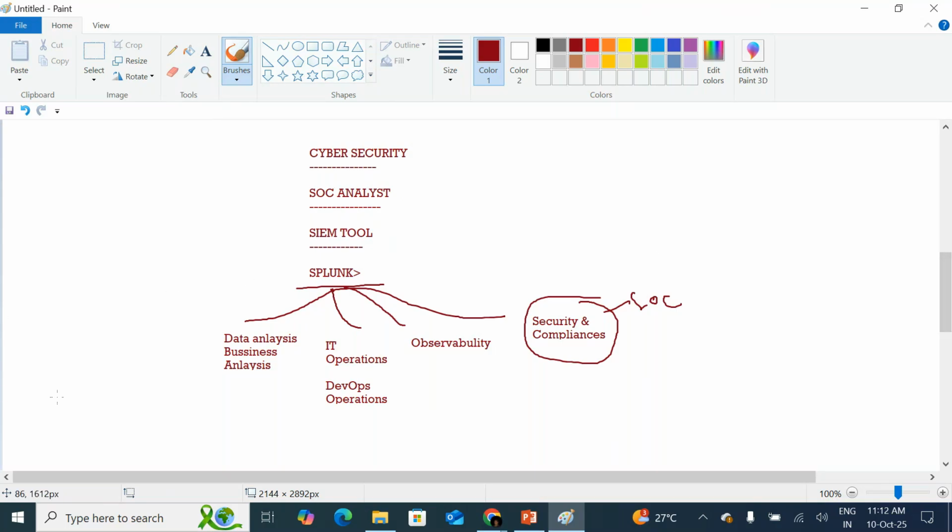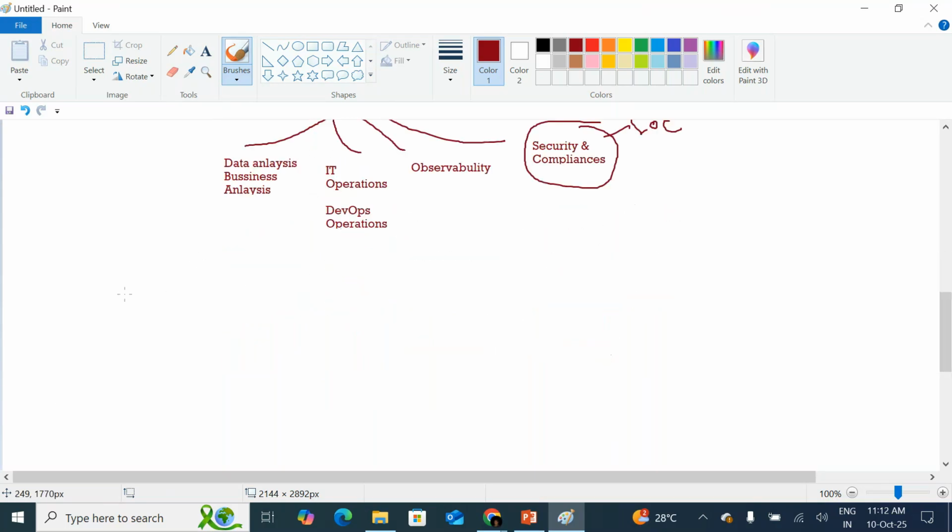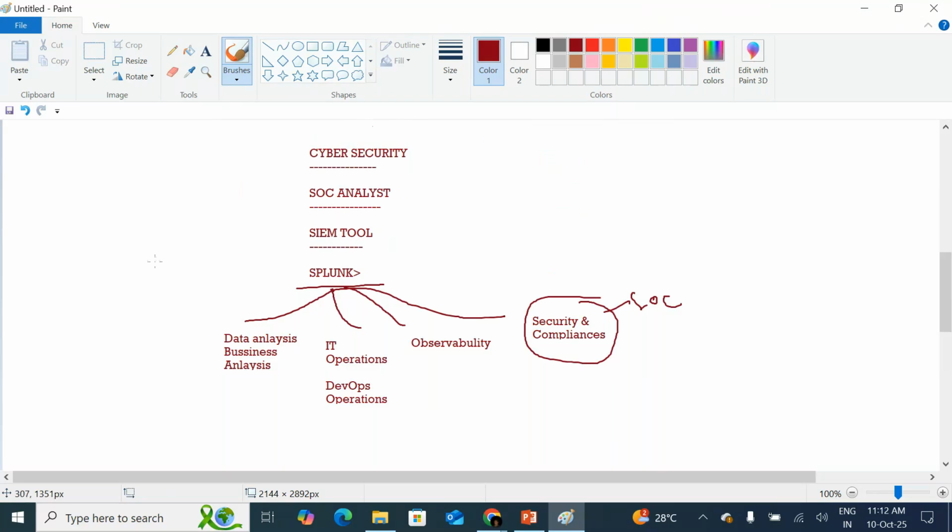Understand? So now you will be the cybersecurity person, and we are going to teach you SOC analyst with the help of SIEM. Are security and compliance under the operations? These are specific operations in cybersecurity, and the job role will also come into the operations only, not the IT. IT and operations, two wings, two different verticals.